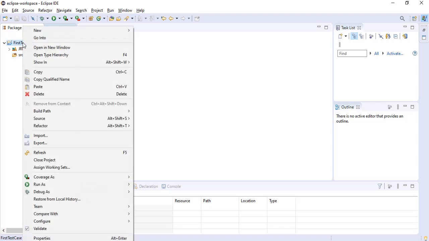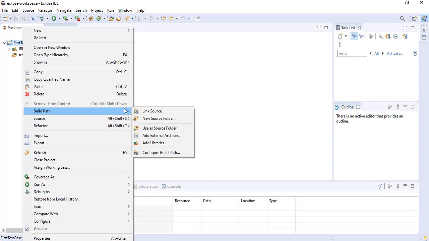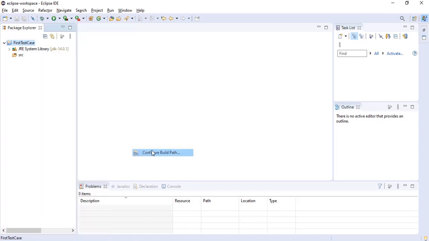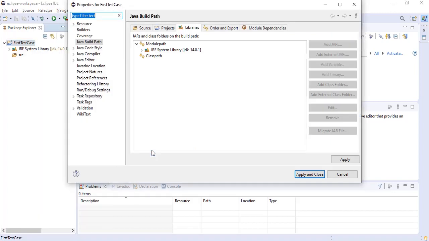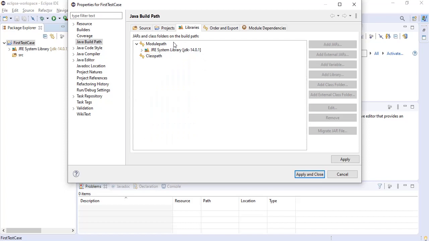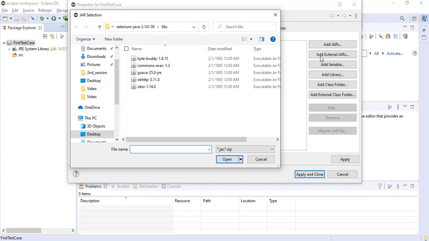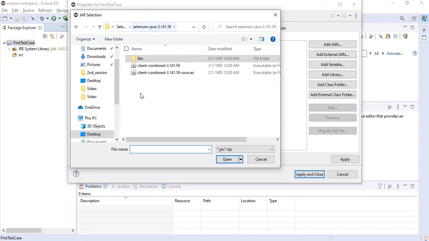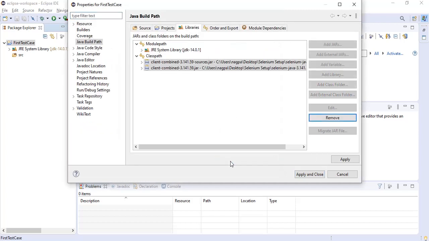So we'll right click on the project, go to build path and say configure build path. So here you can see under module path it has all the required Java files. Now we'll go to class path and add all the required Selenium jars. So these are the two main files which I had shown earlier. So we'll add these, say apply